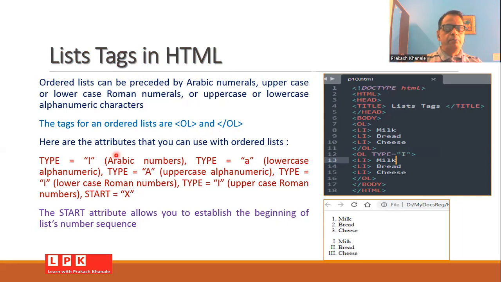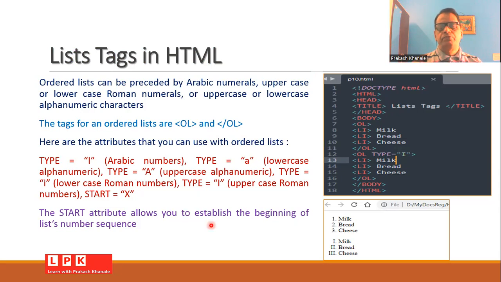So whenever you type type equal to 1, then the Arabic numbers will be displayed for each item. For a, lowercase alphabetic characters will be displayed. For capital A, uppercase alphabetic characters will be displayed. For small i, lowercase Roman numbers will be displayed. For capital I, uppercase Roman numbers will be displayed. The start attribute can also be used,